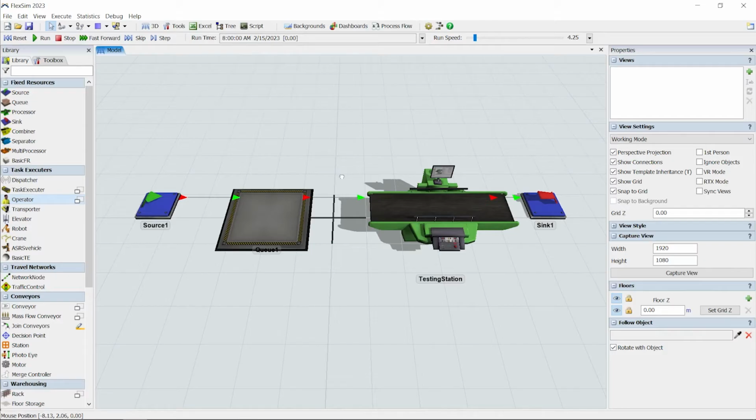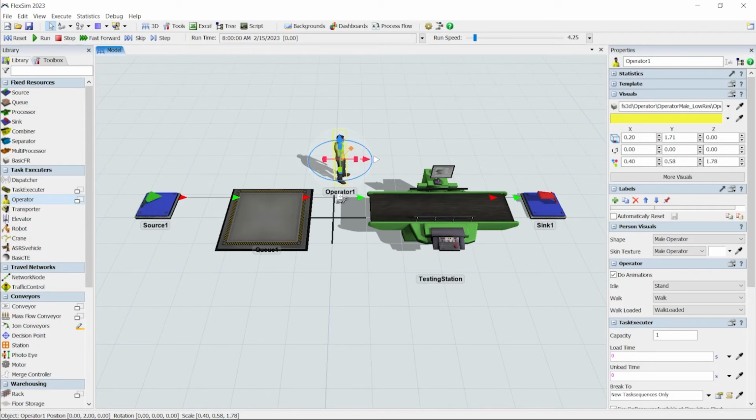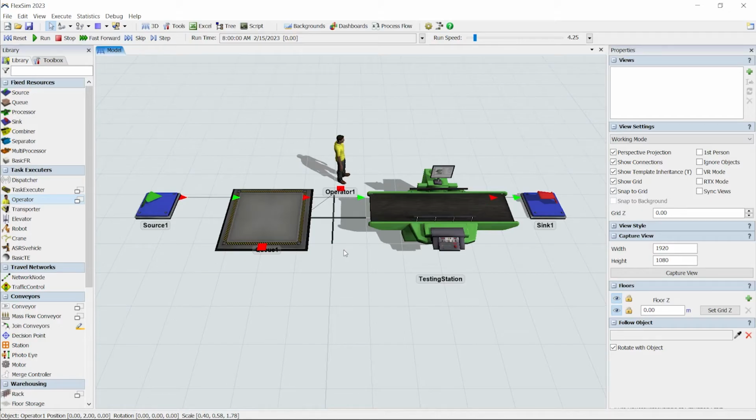The operator will need to be connected to our system, but we're going to use another connection type to do it. When you left-click the operator, you'll see a white square just under its manipulation handles. Click and drag between this square and the queue to make a center port connection, a reference connection we'll use to transport flow items between the queue and the testing station. You can also use the S hotkey to enter center port connections mode. Unlike the regular object connections we did earlier, where the connection order matters for defining item flow, center port connections are for reference only, and connection order doesn't matter.